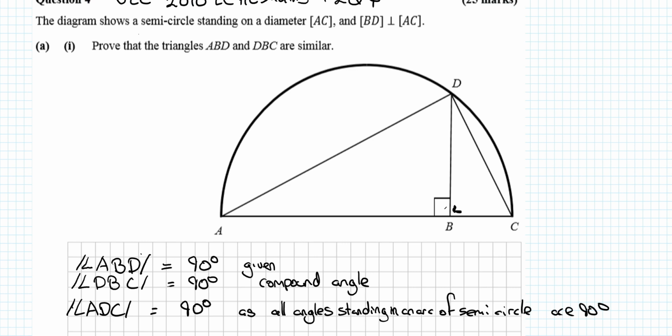Think about it, they have to be half of the angle at the center. The angle at the center is 90 degrees or 180 degrees. So these angles here, this angle has to be